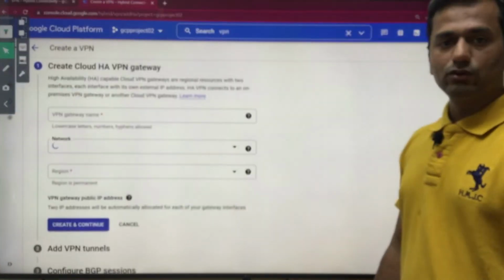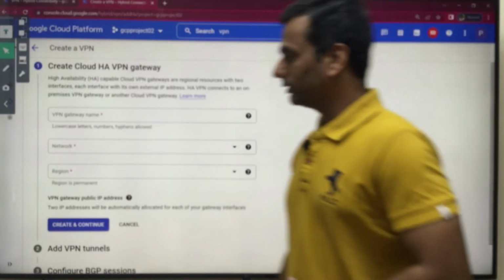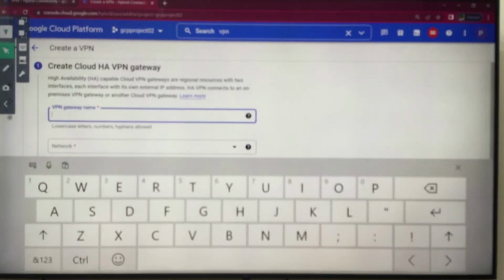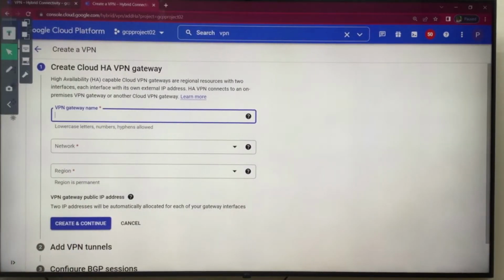Once you continue, again you have to create a cloud HA VPN gateway. Make sure your name is VPC 1, PR2, US Central 1 VPN HA VPN gateway.